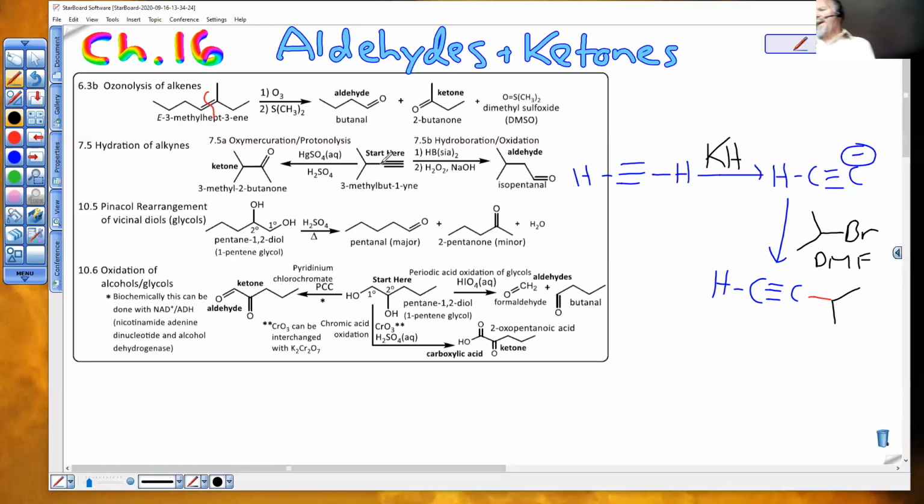And then you could further react that species in the presence of mercury(II) sulfate and sulfuric acid in an aqueous environment. And if you remembered how this mechanism worked, the key intermediate was an enol right here with a double bond between two carbons and an alcohol, and then that underwent tautomerization to your more substituted carbonyl in the form of a ketone. If you required the carbonyl to be on the end, you would choose the hydroboration method